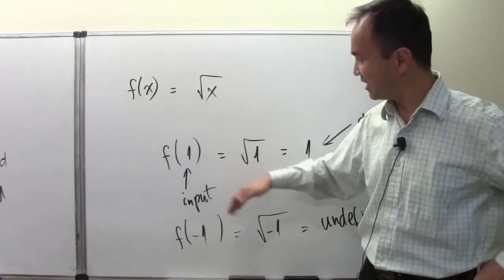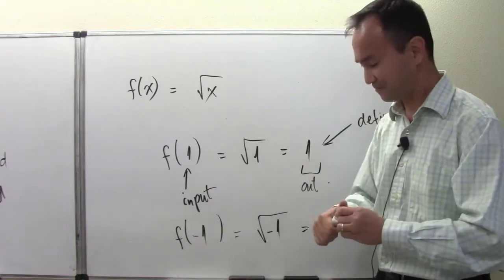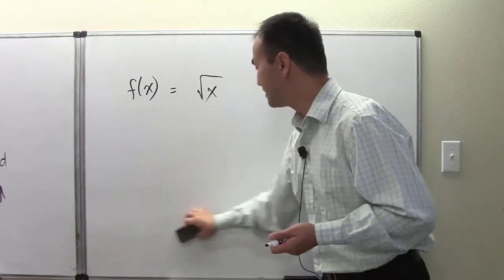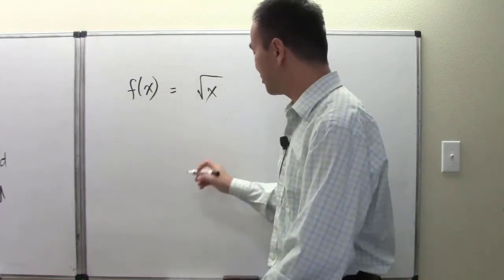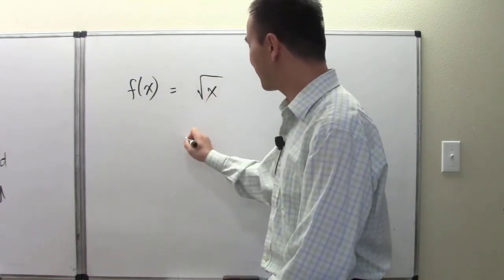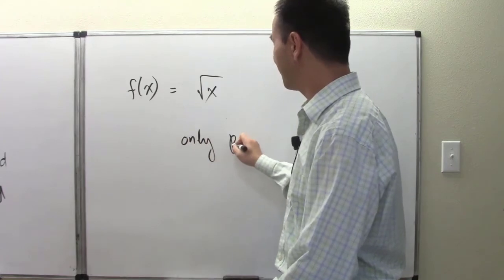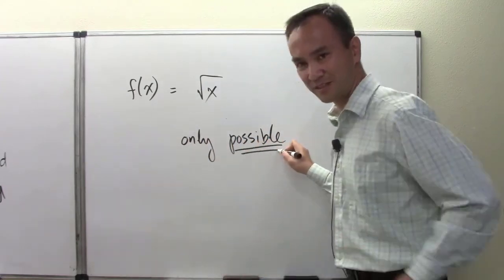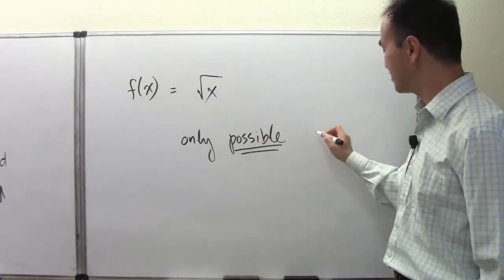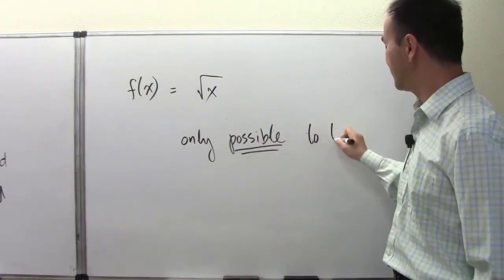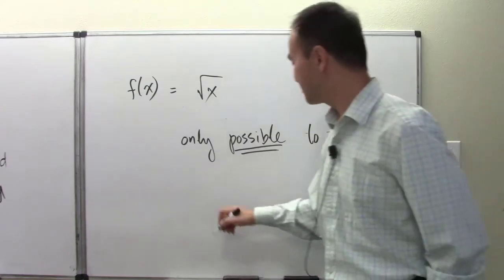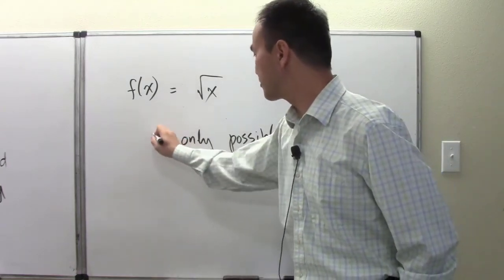So for this function, I'm going to clear out the board and use the term only possible. This function is only possible to take